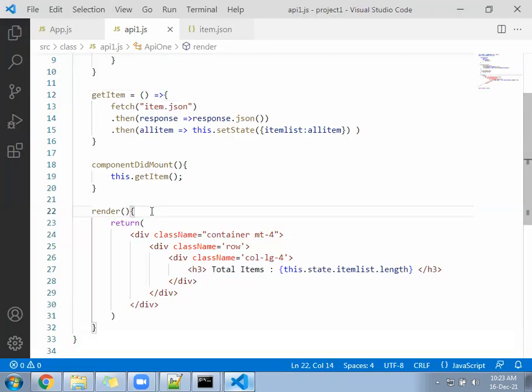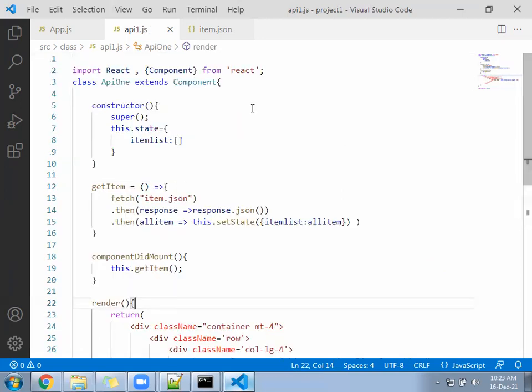If anyone asks the question in this example, how many times is your render function called? Check once and reply in the chat. In this example, how many times is the render function called? No one replied. Please reply.